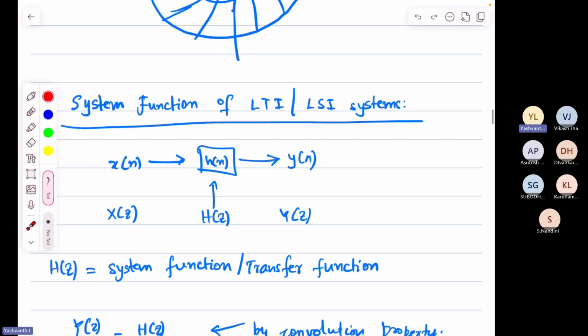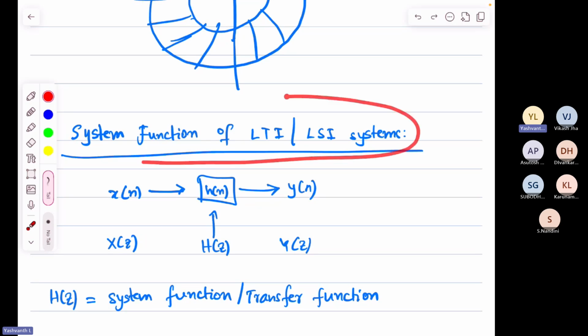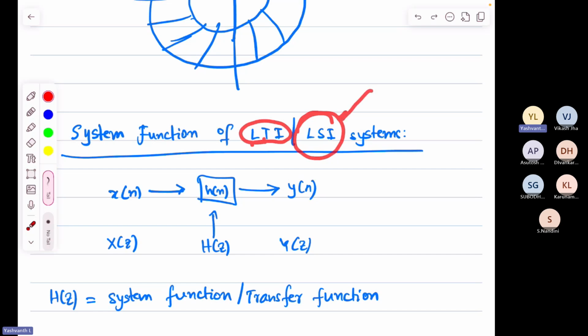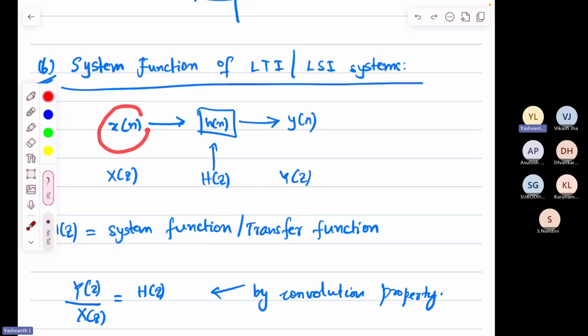Okay, so that's about the properties. Now coming to system function of LTI and LSI systems. If the system is LTI and discrete time, it can also be called an LSI system, that is, linear shift invariant system. So suppose you have a discrete time LSI system whose impulse response is h of n, and the input is x of n, and the output is y of n,